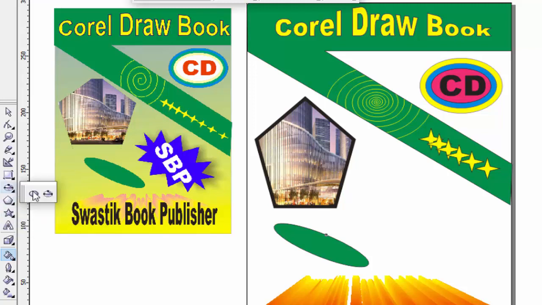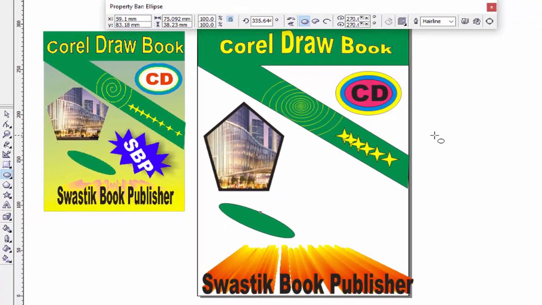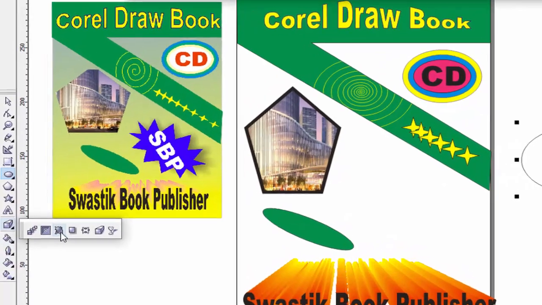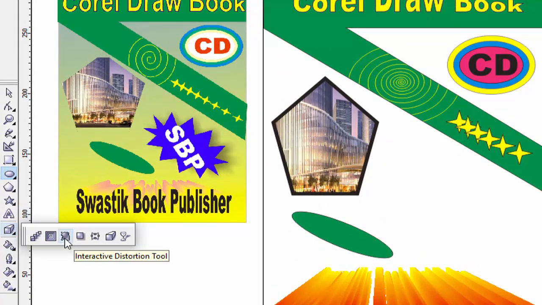And now use this option, the ellipse tool again, or shortcut key F7, to create this shape, and then use the distortion tool to make it attractive or give it another shape.